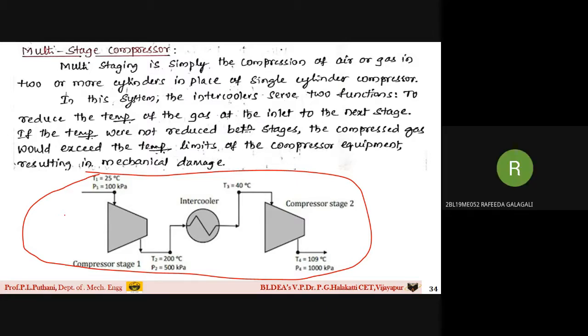If you observe carefully, students, say this is compressor 1, where the compression takes place in the first stage. Here the air is entering the cylinder. The initial conditions are a temperature of 25 degrees Celsius and a pressure of 100 kilopascal. After the compression is done, when it comes out of the compressor, please observe here, what is the temperature here, students? What is the T2 value?